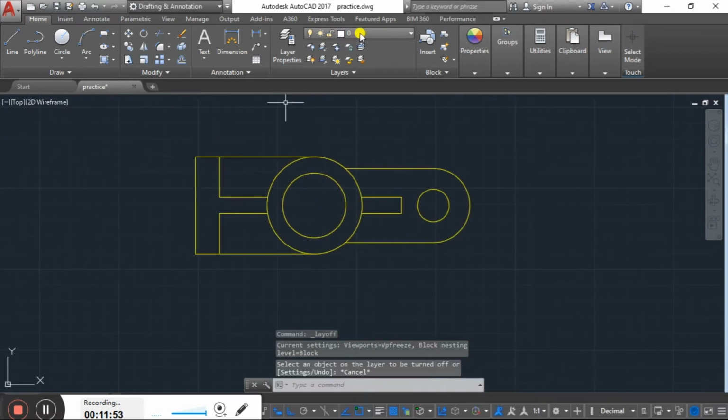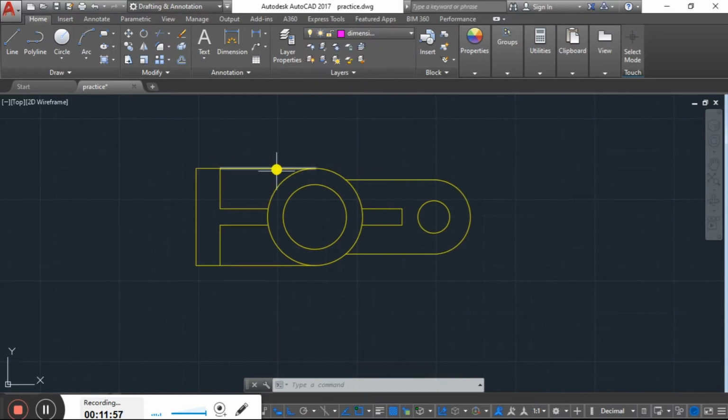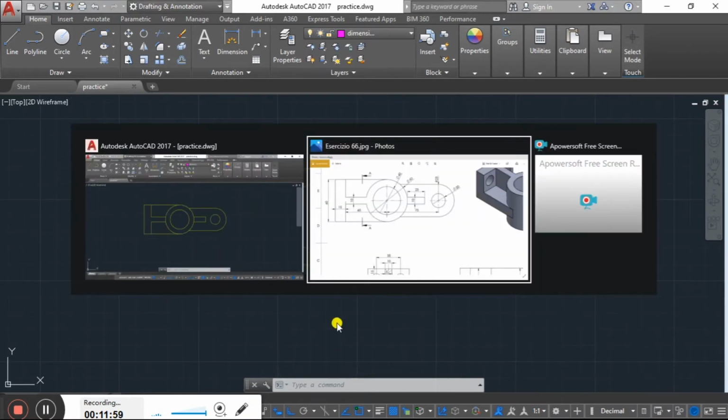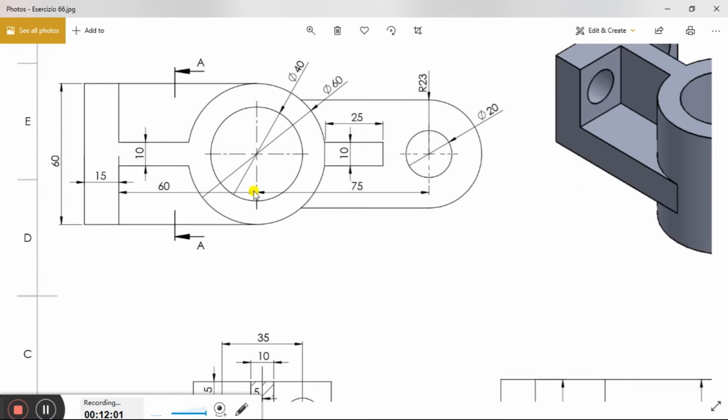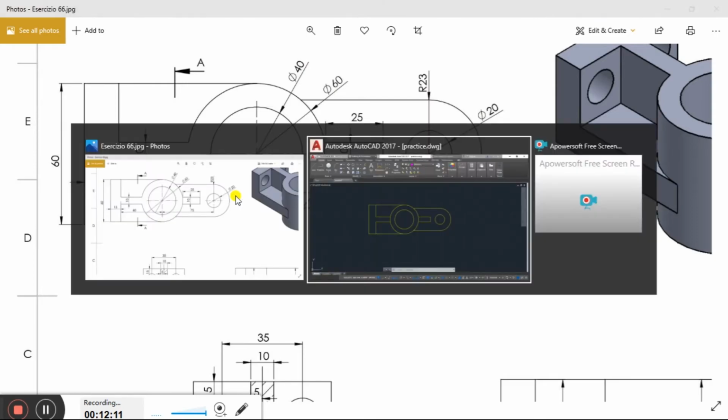And now just go to the dimension layer. We are going to put dimensions here, same as it is here. So the dimensions here are 40, 60, 23. This is in radius form, this is in diameter form. The rest are linear.